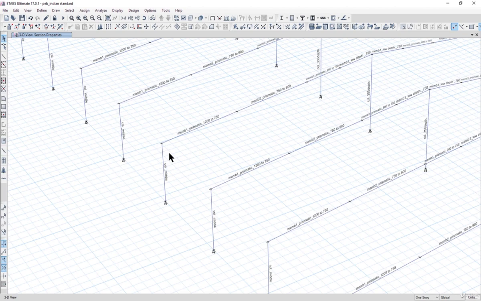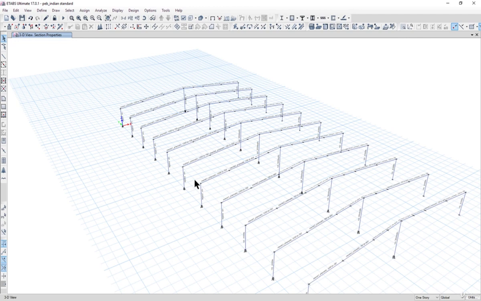Practically all the portals are joined by purlins also, as well as girts, as well as eave strut, raker angles, etc. But as a designer, you don't need to model the purlins and girts in the structural model, because it will only complicate things. No designer models the purlins and no designer models the girts. They only calculate the section sizes manually and then apply the unit weight of that section on the portal frames.